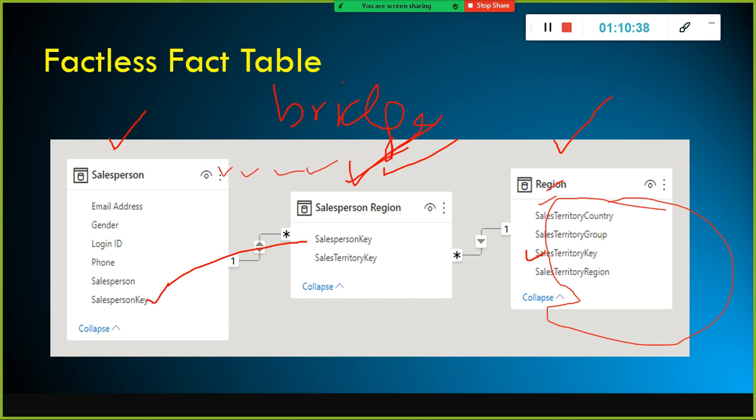This Monday we will continue the data model part, and also we will have some hands-on. I'll share some files with you all. We can start doing the data model design along with me in that session, so that you will get hands-on and be able to understand how to do the data model design.